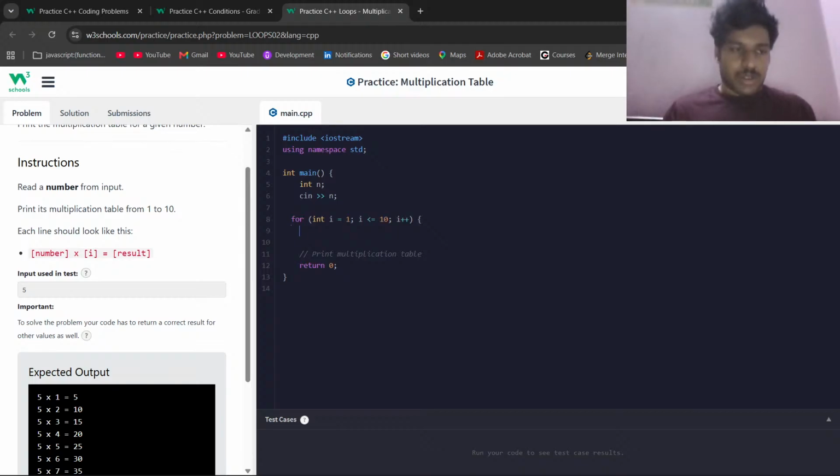Inside the loop, this should be there, right? What is the number we're getting? It is n, right? So n times I is equal to the result. So how can we get this? Okay. So let me say,